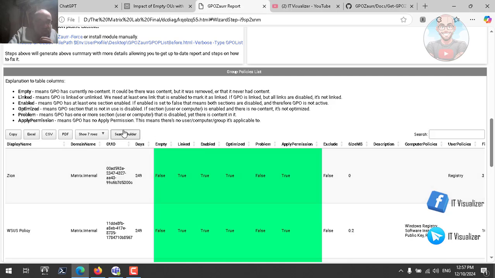Apply permission true means it has the application. This means that a user group is applicable to it. So if we have true, that means we have maybe authenticated users or any group that has apply permissions to it. This is important so the group policy will be applied. If you continue with the report,